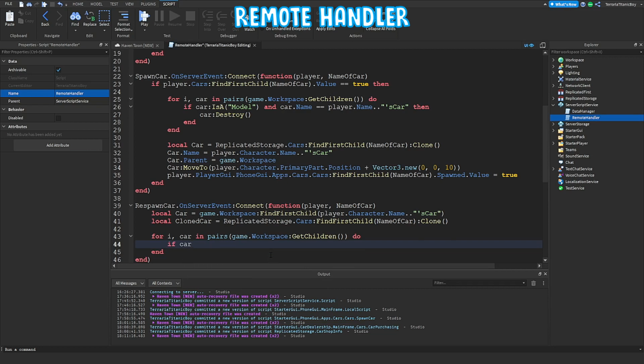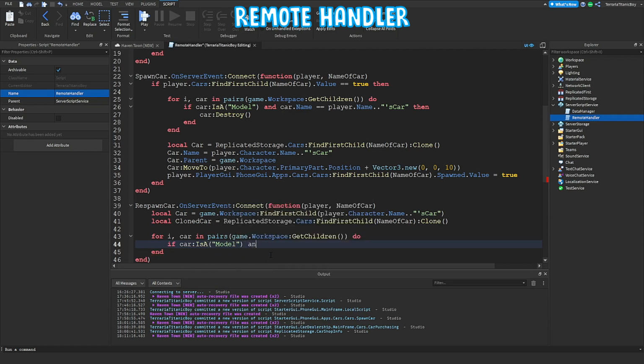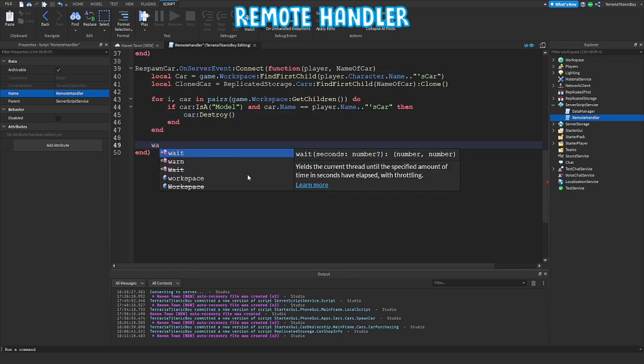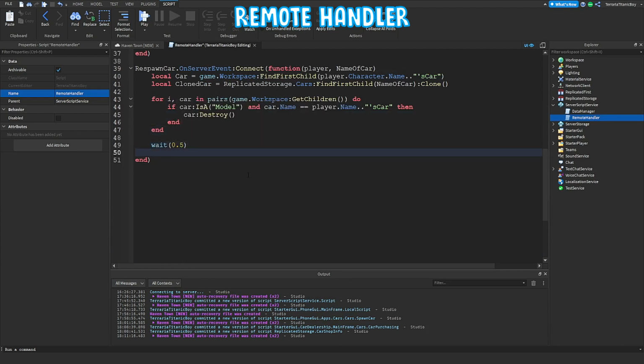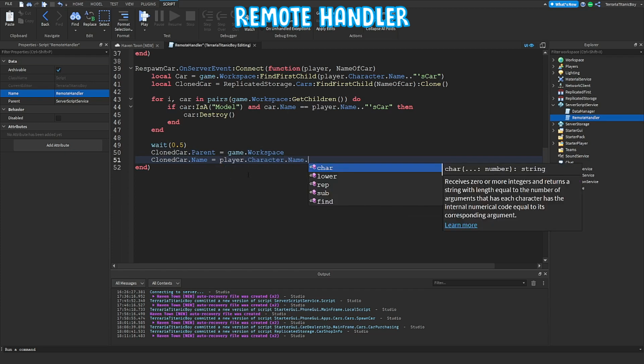Okay, if car then is a model, not mouse, is a model, and car.Name equals player.Name, then car:Destroy(). And then down here we're going to wait 0.5 seconds, and then cloned car.Parent equals game.Workspace, then clone car.Name equals player.Character.Name's car,